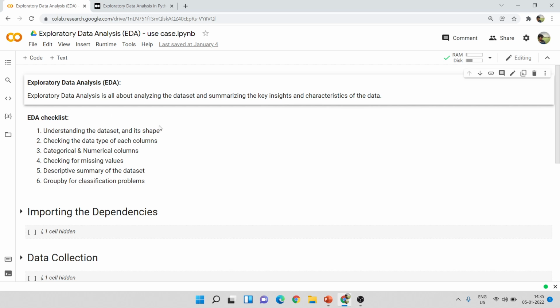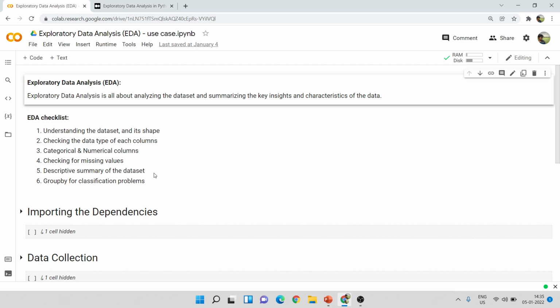And these are some of the important tasks that we need to do when it comes to EDA. Okay, so first of all, we need to understand what the data set is and what the shape of the data set is. So basically, how many rows and columns are there in the data set, and we have to check what is the data type of each column. So whether all the values are numerical, or we have any categorical columns, and some object formats or anything like that. After that, we will see how many categorical columns and numerical columns are there. Then we need to see whether any values are missing from this data set. If we have any missing values, we need to work on that before feeding it to our